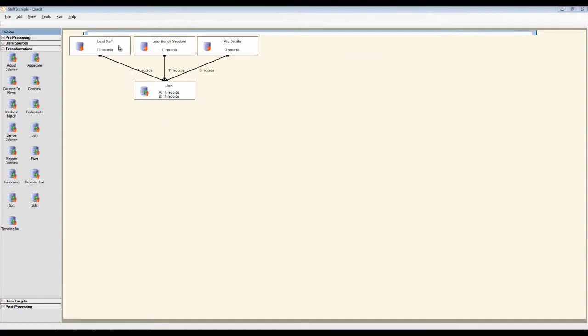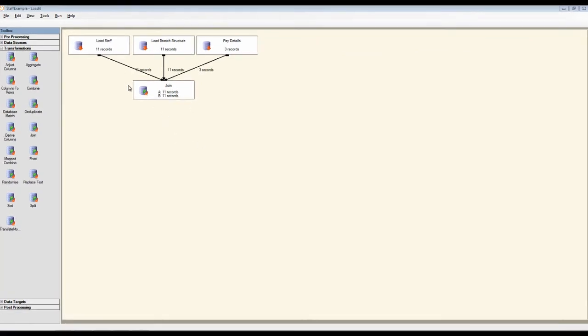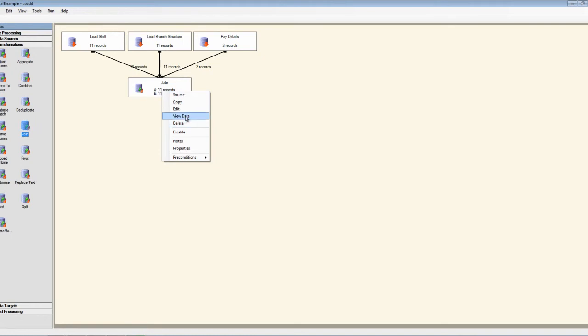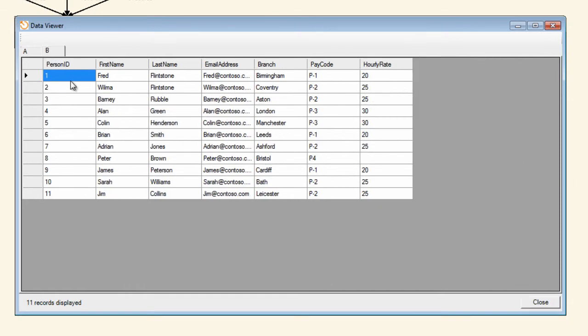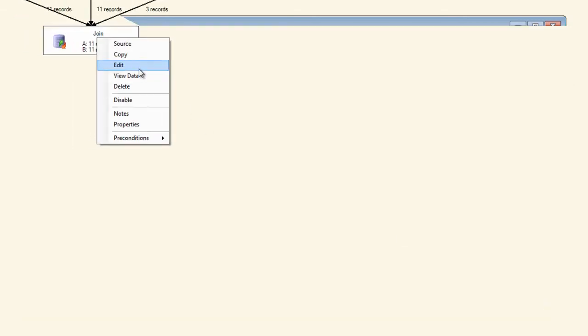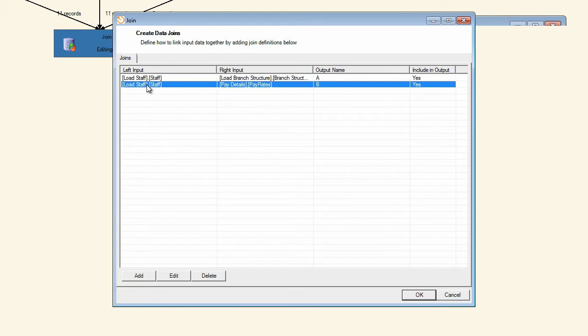So at this stage we've got all three data sets joined together, but this isn't really what I want because I'm getting the first join returned as one data set and the second join returned as a separate data set, when actually I want all three returned together as a single data set. So if we go back into our editor here,